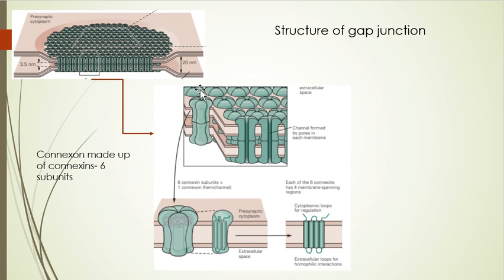If we see a cut section of these connexons, there is a pore formed in between, which allows propagation of the action potential and the transfer of ions and solutes. You can see the pore size is around 2 nanometers, and this is intracellular space and this is intracellular space, but the intracellular space is continuous throughout these connexons. And that's why gap junctions are very important for propagation of electrical activity and the passage of different ions and solutes.